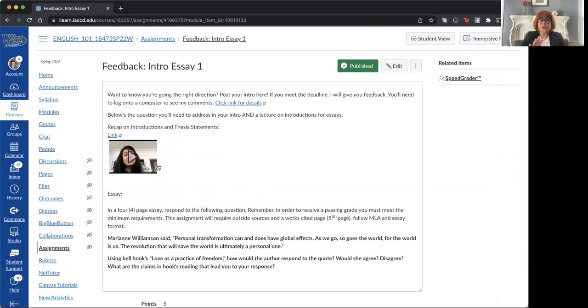Along with the directions on the assignment, I'm also giving you an opportunity: if you submit this assignment on time, I will guarantee that you have feedback. If you submit the assignment after the deadline, I can't guarantee that I'm going to give you feedback because I've already moved on, not just with this class, but with my other classes.